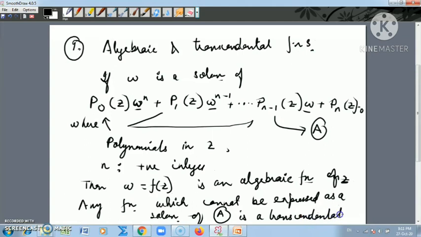Perhaps transcendental is slightly new to you, so you can look up what a transcendental function is. I'll stop here with the different types of functions, and in this third part we'll learn something